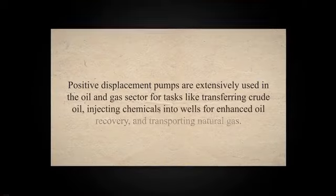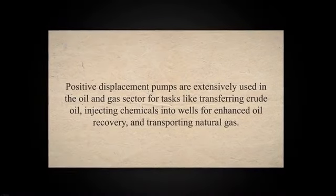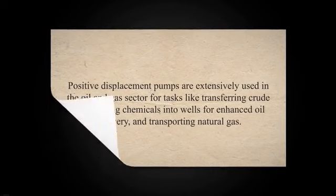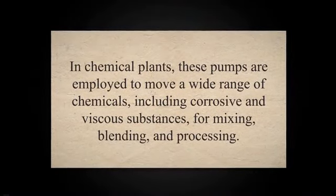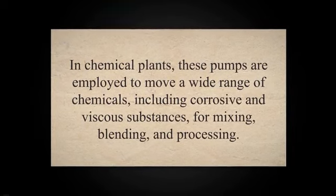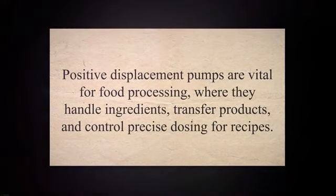Positive displacement pumps are extensively used in the oil and gas sector for tasks like transferring crude oil, injecting chemicals into wells for enhanced oil recovery, and transporting natural gas. In chemical plants, these pumps are employed to move a wide range of chemicals, including corrosive and viscous substances, for mixing, blending, and processing. Positive displacement pumps are vital for food processing, where they handle ingredients, transfer products, and control